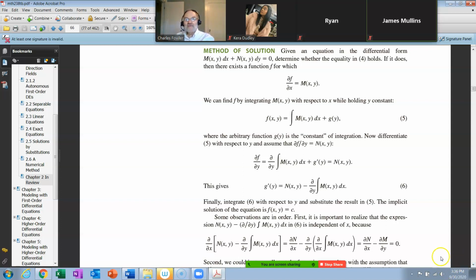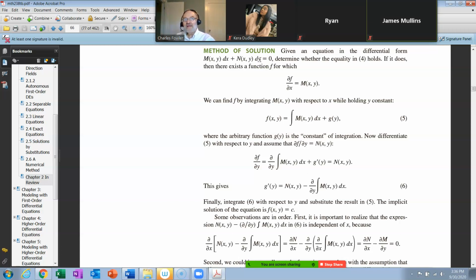Okay, so let's say we have an equation in differential form: M(x,y) dx plus N(x,y) dy is equal to 0. Now, the first thing you always do, make sure the partial of M with respect to the other variable y is equal to the partial of N with respect to x. You have to do that partial differentiation. If that